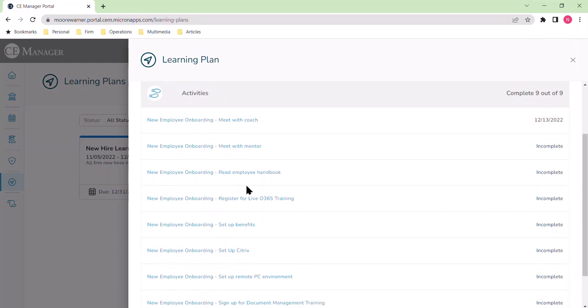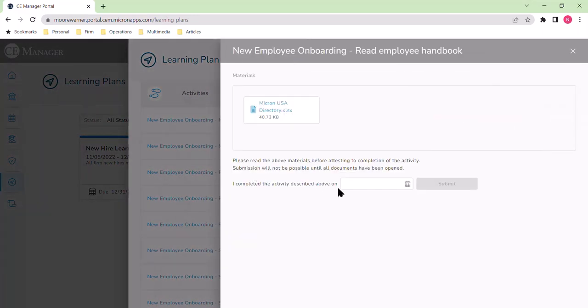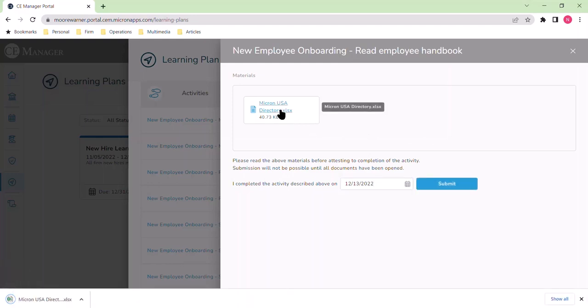Let's also look at the new employee Read Employee Handbook activity. And we put in today's date, and we notice that Submit is grayed out. One requirement for any activity that has material associated with it is we must download the materials. To access the materials, we simply click on the download area. Let's close this window